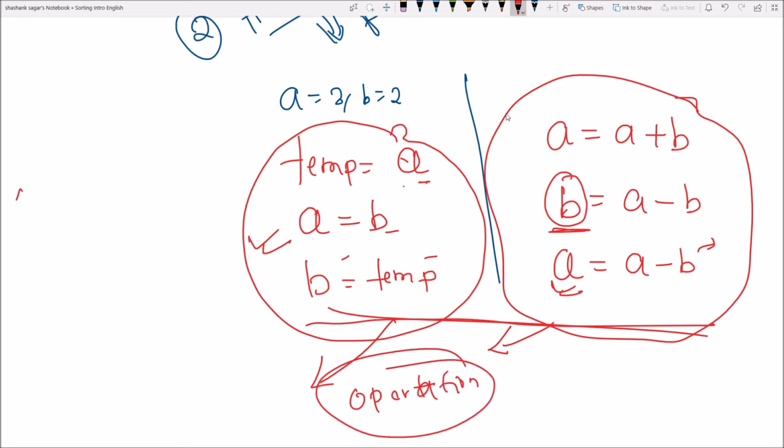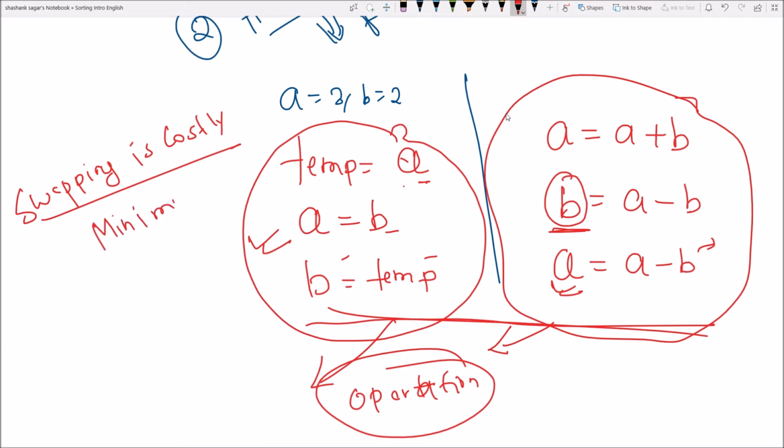So swapping two numbers is costly, and we should minimize it. Got it? So this is the third thing.